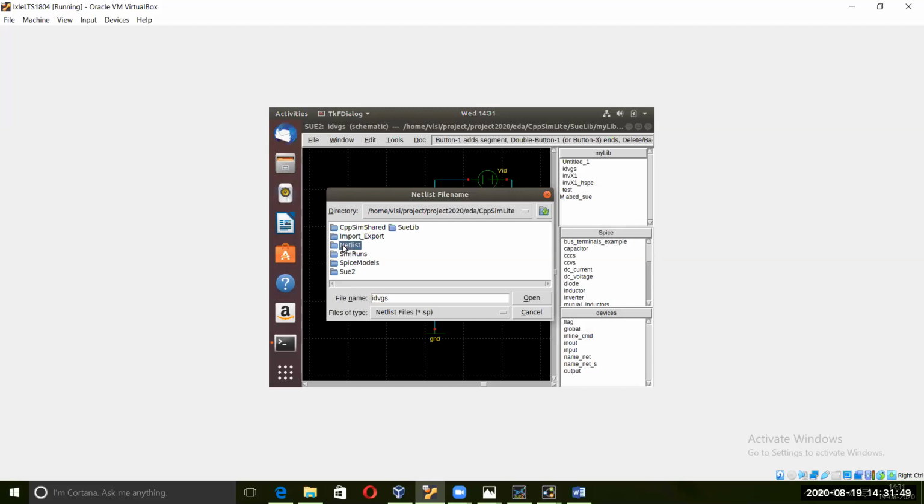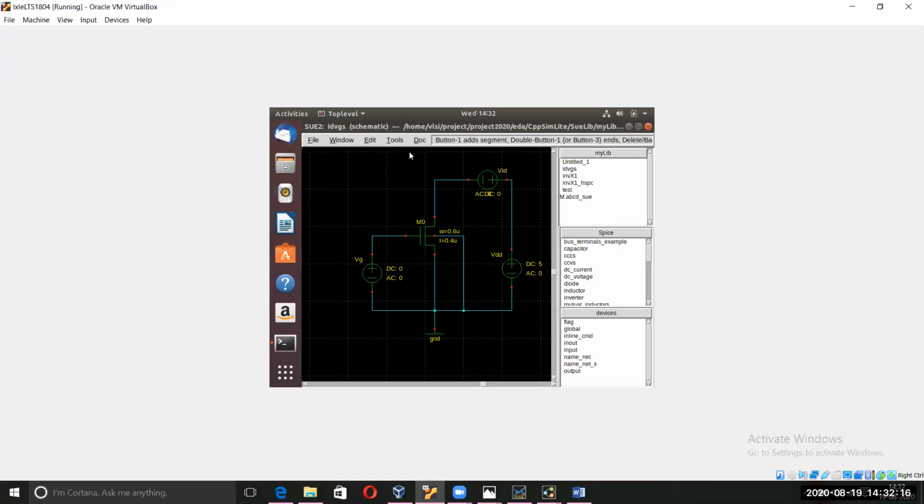We are trying to create the netlist, so we have to save it under your home directory, then your relative directories, CPCM light, and inside that, the netlist. Inside that you save this thing. I've already saved it, so I'm not going to do it once again. I'm just telling you: use the file type All Files, and then press save. Then close this one.